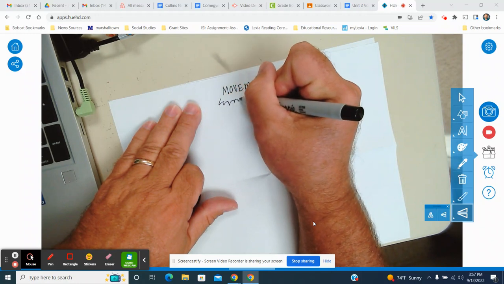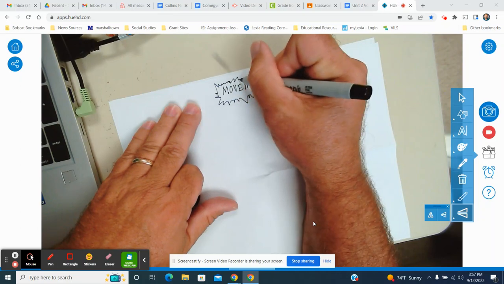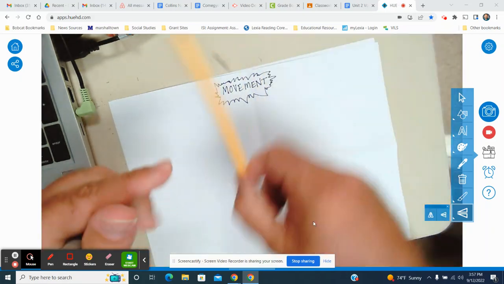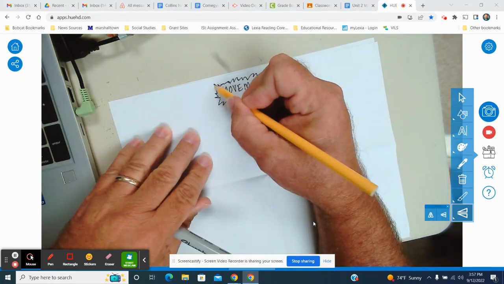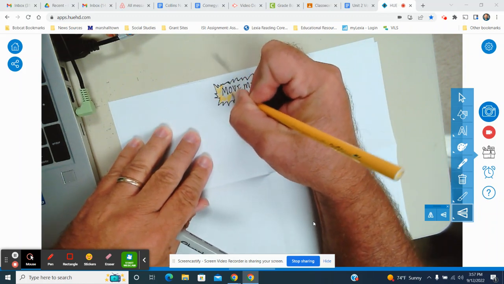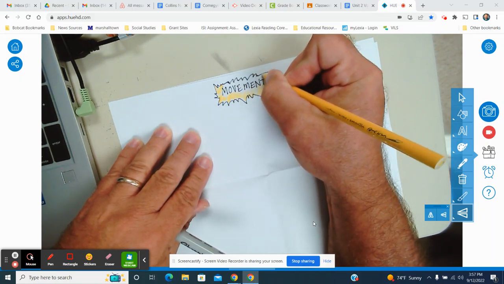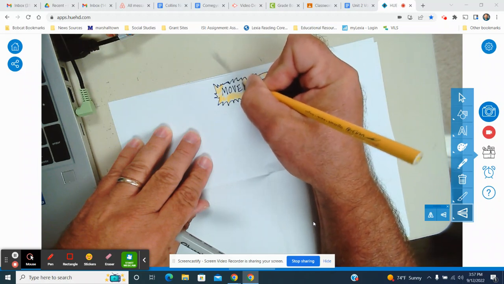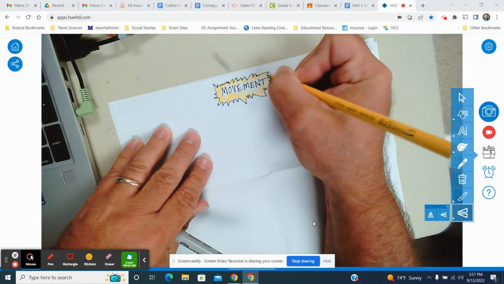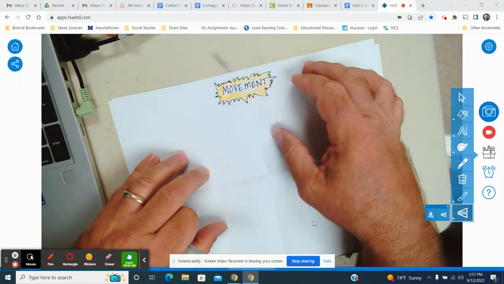And I'm going to put movement in a kapow box. I call them kapow boxes because, like, kapow, I want it to pop off the page. Anybody who's seen the old Batman movies, that's what it is. If you see my videos before, I always talk about the kapow box. And I'm going to add a little color to this. I always do a kapow box in yellow. And the reason I use yellow is because I want yellow to be associated with vocab words. So when you look at your page, you know the most important words in that page, and they pop off you. Colors have meaning when we do doodle notes,